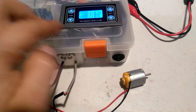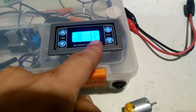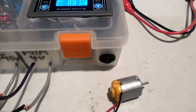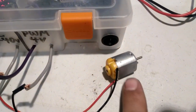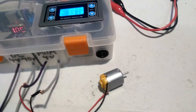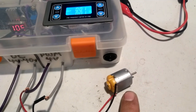Alright, now we've got an example using a small motor here. And this motor is being told to run at 1 hertz, 1% duty cycle, which is at around 10 volts. So you can see every second it's getting a jolt of 10 or so volts. So this is the equivalent of taking, let's say, a 9-volt battery, tapping it against the contacts every second. But that's where duty cycle comes in,